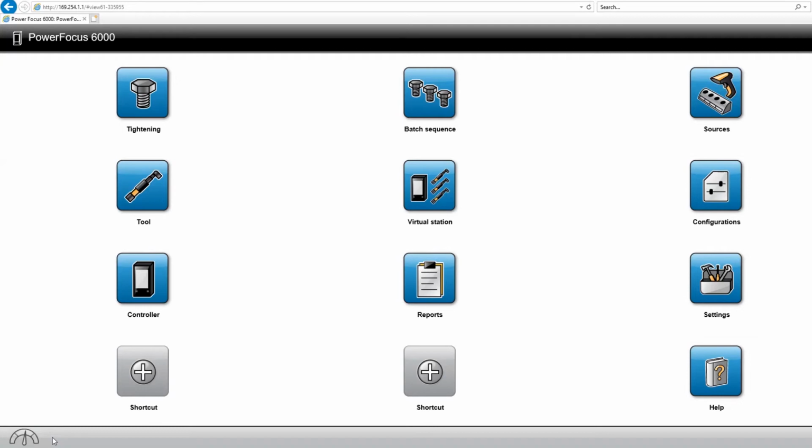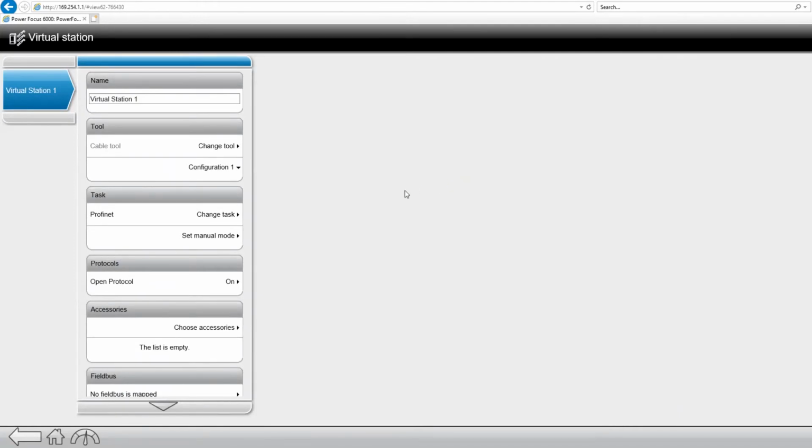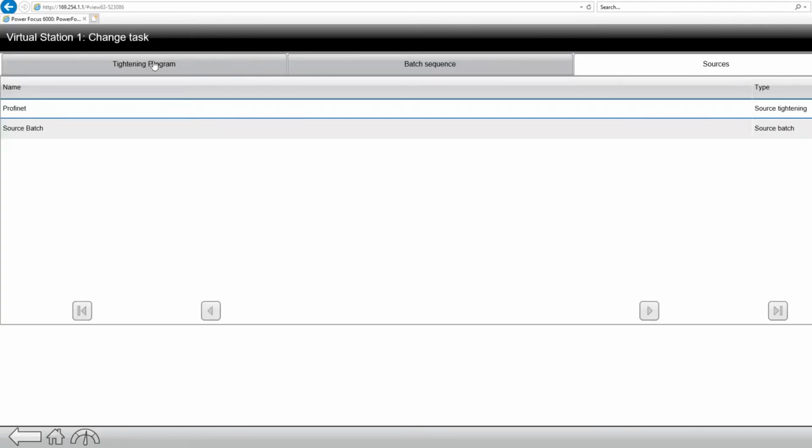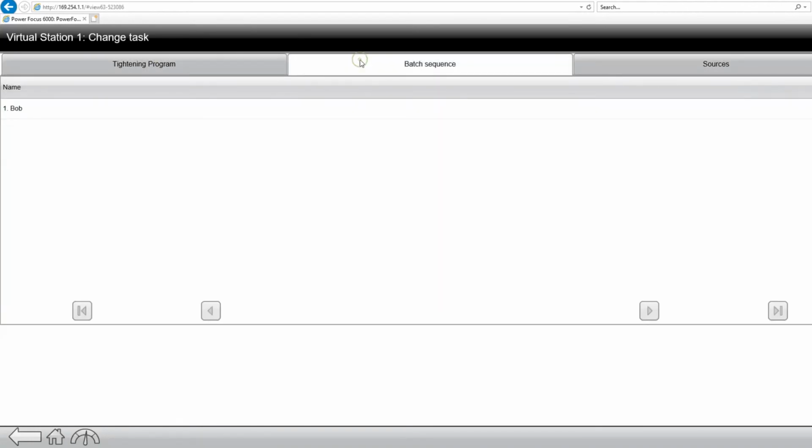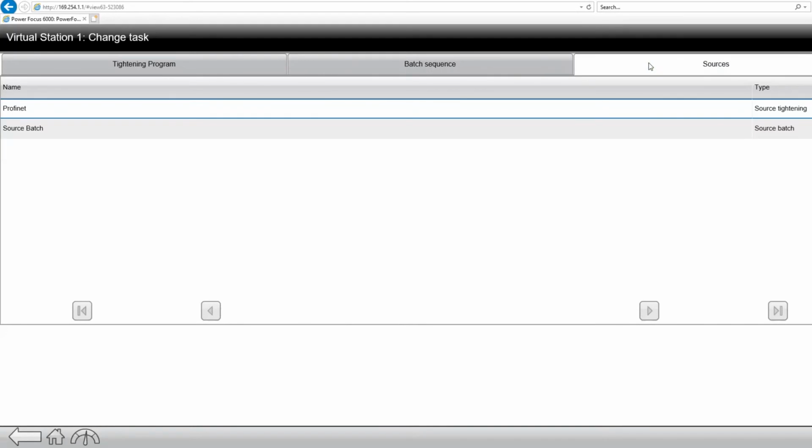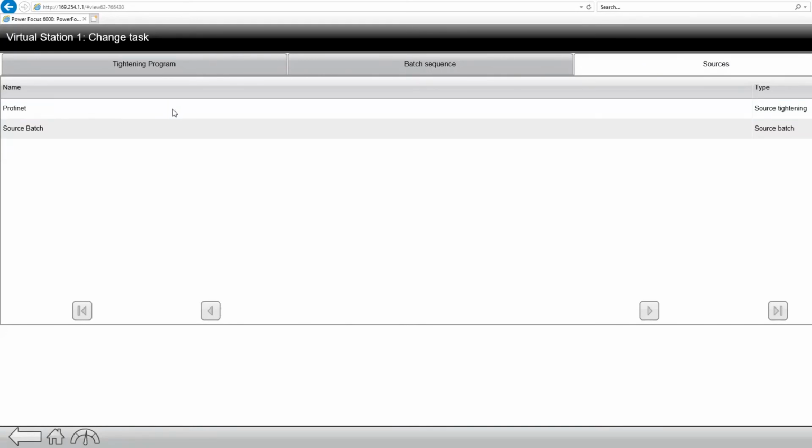So now we've created our source tightening. How do we use it? Let's go into the virtual station menu. Let's click in. You see we have our task menu right here, and I can hit change task. Now I can select a tightening program, a batch sequence, or I can select a source. Now if I want to select from Profinet, I can use this source tightening and I can select it,